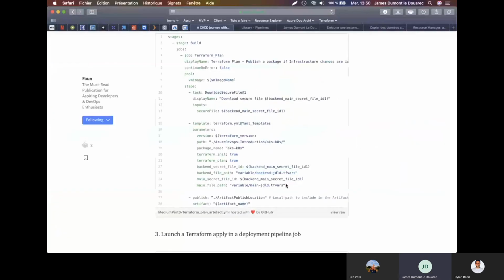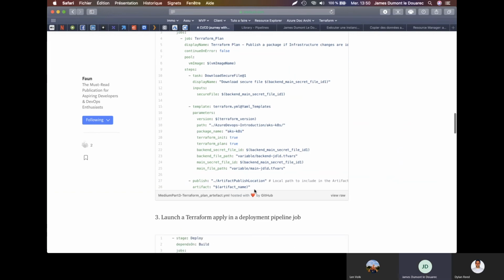Okay, and when we are done here, this YAML template file will zip, will compress the result of the Terraform plan command into a zip file which will be called AKS KTS. And then I ask my build job to publish an artifact that contains this file.